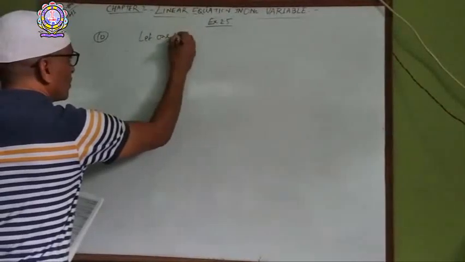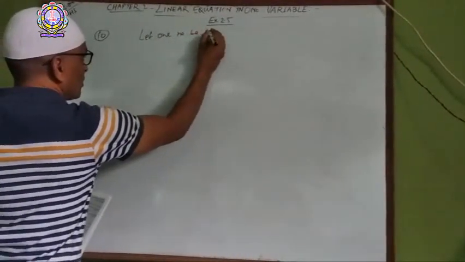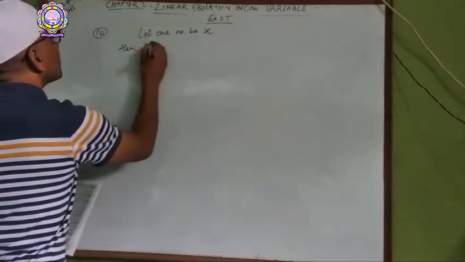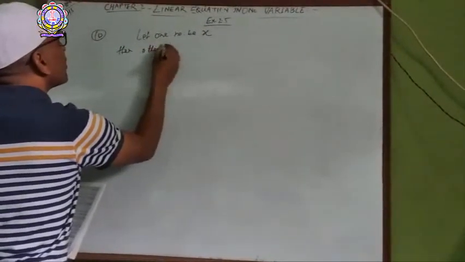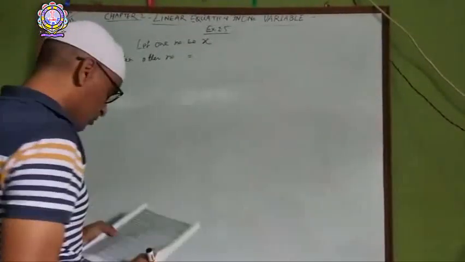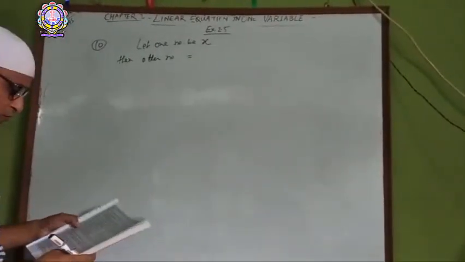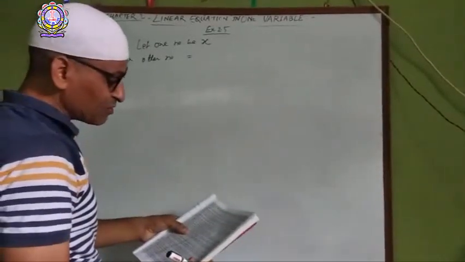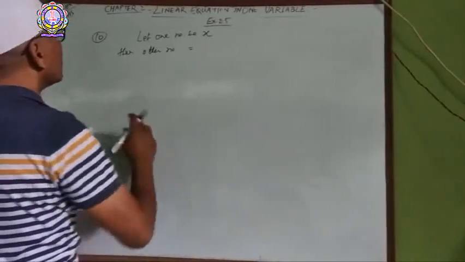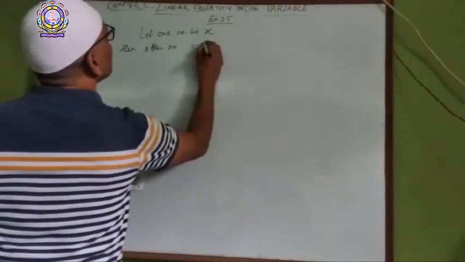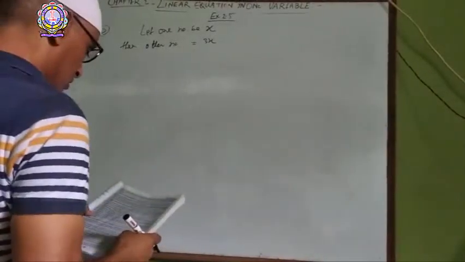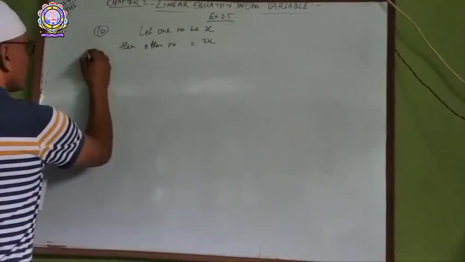Let one number be x. Then the other number will be equal to, from the first sentence, one number is 3 times the other number. The other number is 3x. It is 3 times. According to the question,